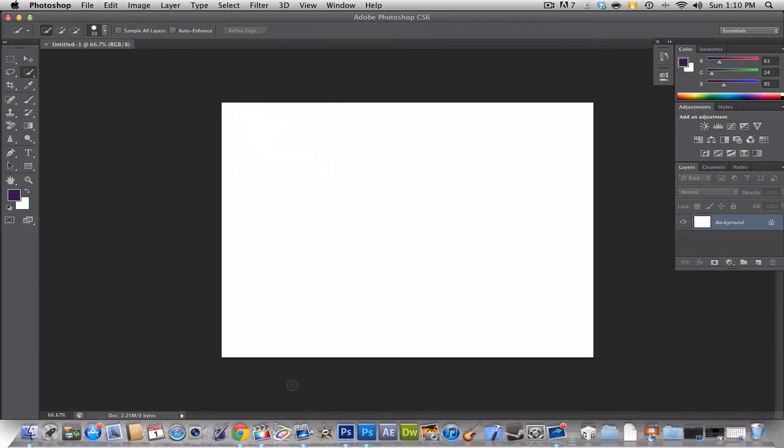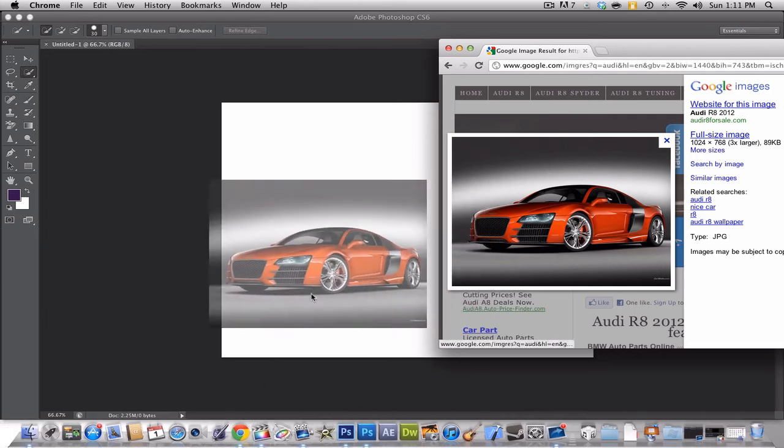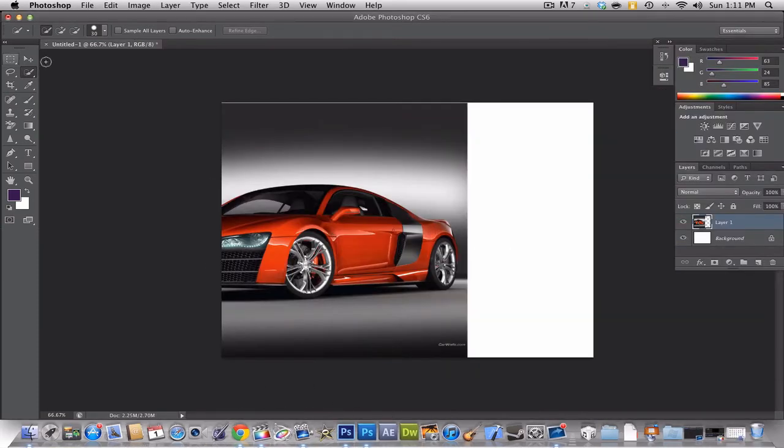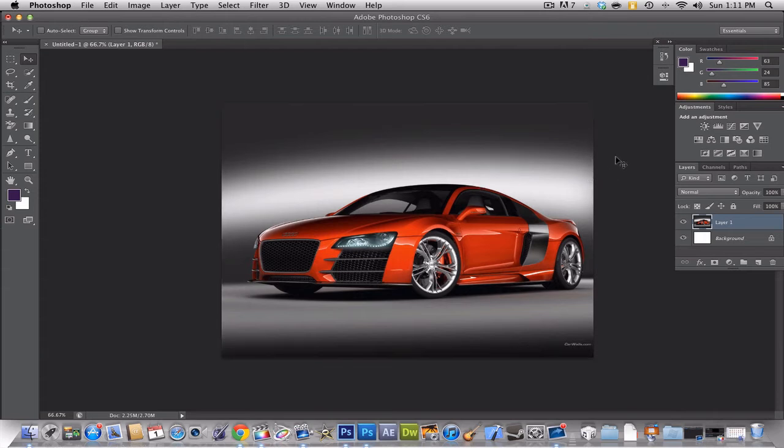Alright, so we didn't even have anything opened up yet, so that's why it didn't work. So now we can just drag our car on like that. There we go. Sorry about that. So there we go. We can just drag it onto that. And then another cool tool that I actually really like is